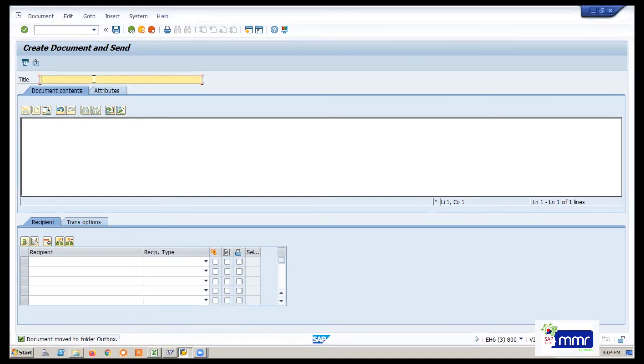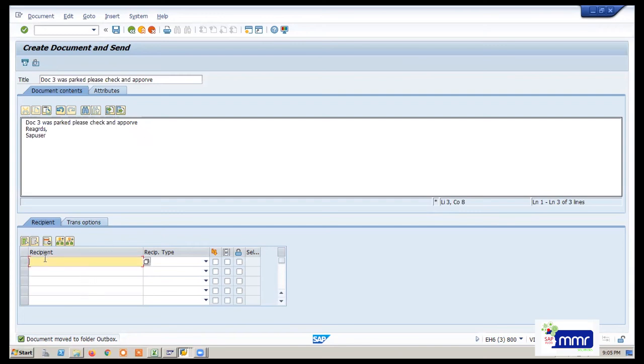You just give the title. Document 3 was parked. Please check and approve. I mentioned it like this, in the same way I will put in the document. This is the title, and this is the body of the mail. You can write a clear description of that document: for what purpose you are posting, why you are posting. You can explain whatever you need. Okay. Regards, I'm just giving SAP user.